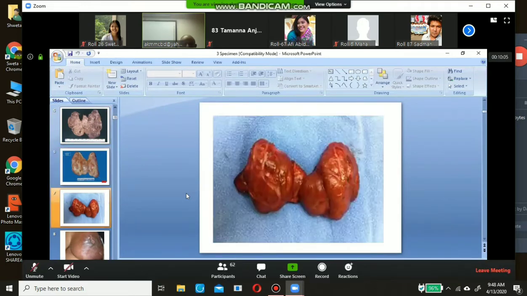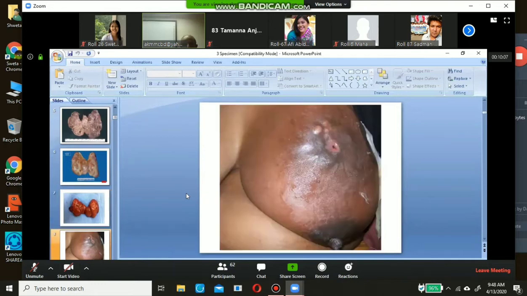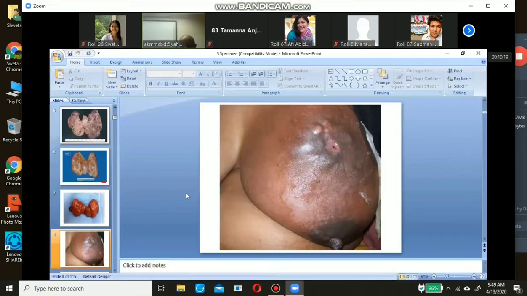The same thing. Okay. Then diagnosis of this case. Actually, in case of breast,